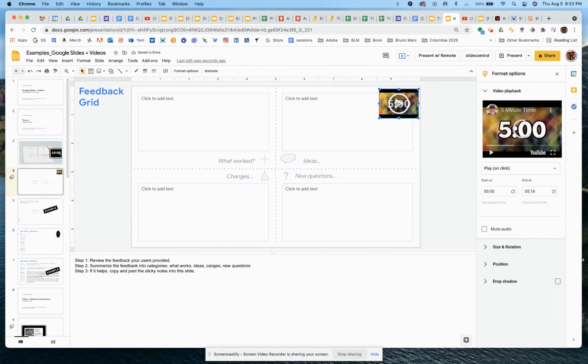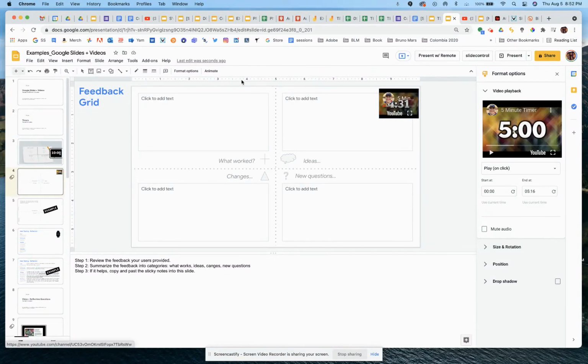And I wanted to show you just really quick that you can start the timer directly from this view. In other words, you don't have to be in presentation mode to see that timer. I sometimes like to be in this view. My students can still see everything that's on the actual canvas as well, but I sometimes like to be in this view just because. I did want to show you as well that if you are putting this in presentation mode and you want to move from slide to slide without having to click on the timer to go off, and instead you want it to go off automatically, when you select your